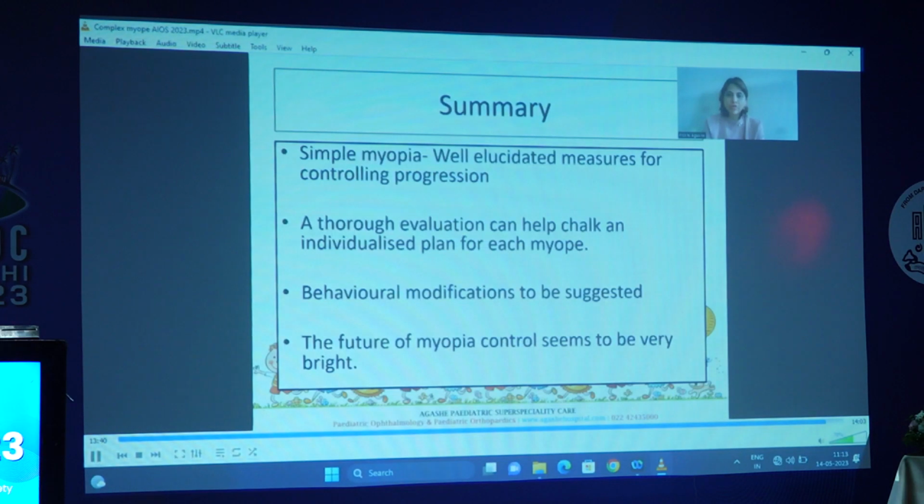And the future of myopia control seems to be very bright, with a lot of research going on and more research pouring in to